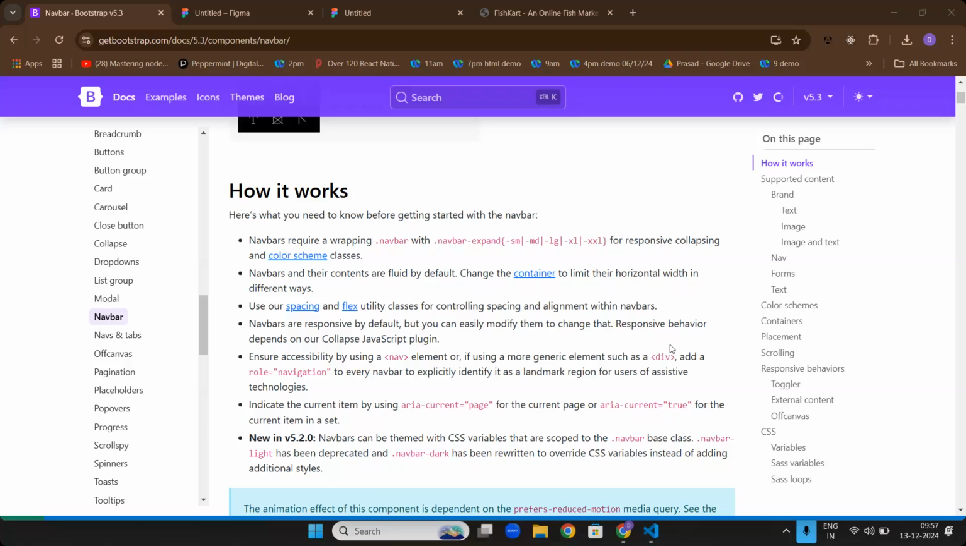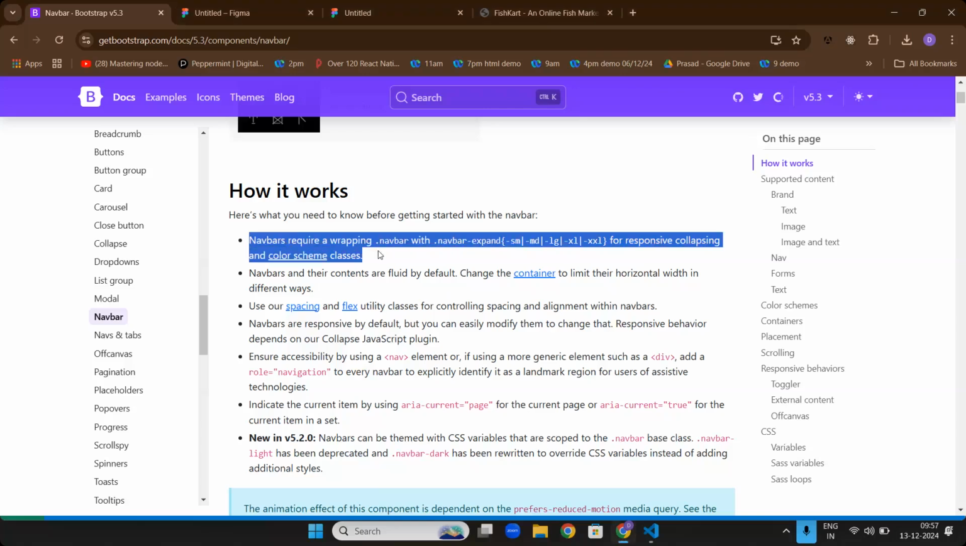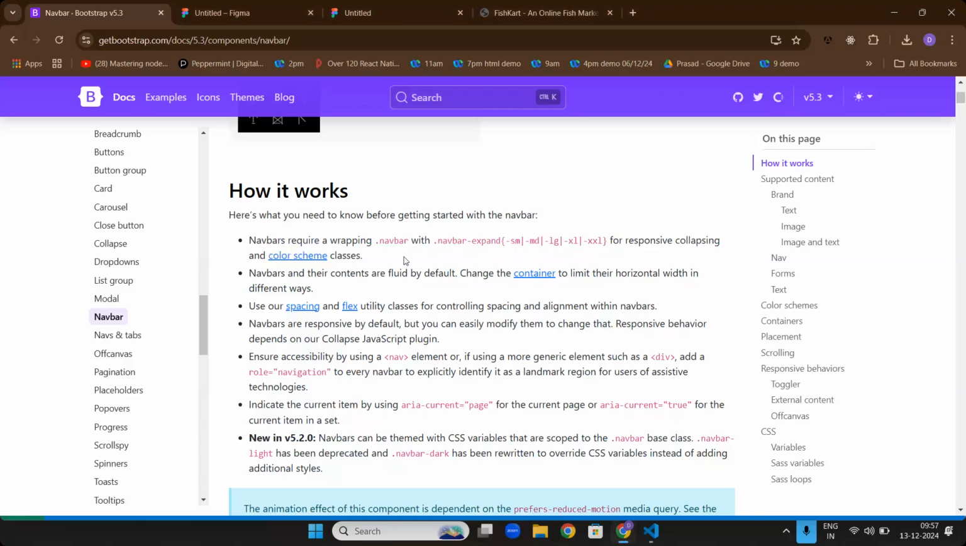Okay. So I wanted to see this navbar. In this navbar, they are saying navbars require a wrapping of .navbar. That means, sir, if you say class navbar,